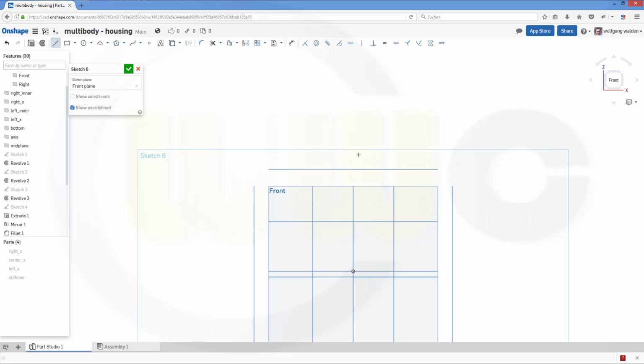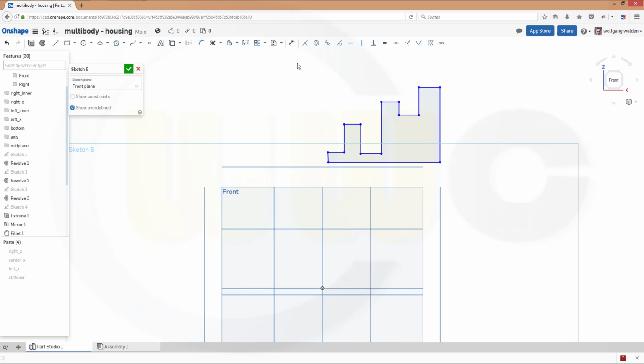It's a profile which goes like this, then it goes a little bit up, over there, down, right, up, right, down, right, up, right, down, over there, and up. Okay,